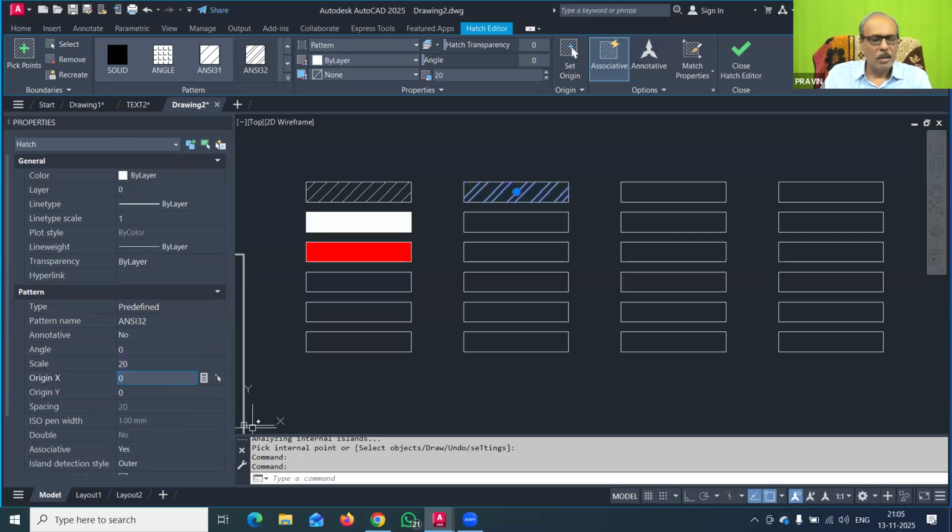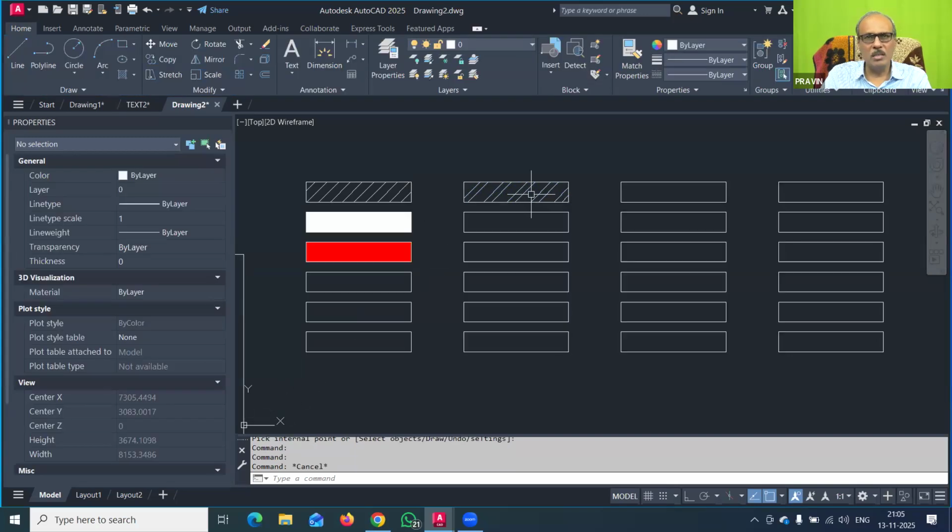You can see that now the brick masonry cross section is two lines nearby each other, then a big space, and then again two lines, this space and two lines. This is the proper hatch pattern we require in our wall, whatever cross section wall we draw. So this is for the brick work. You have to write down: brick work pattern is ANSI 32 and scale is 20. So that you have to check.